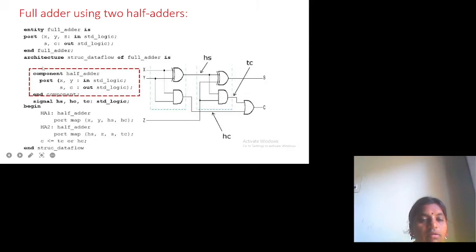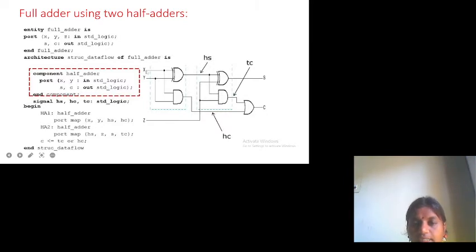Within the architecture, now I am doing the half adder instantiation. A single half adder will be declared as a component. We use the keyword component half_adder, and for my half adder, X, Y are input ports and S, C are output ports. Whenever you have invoked the component keyword, you have to end the component like this, end component. The component declaration is represented with a red dotted box.